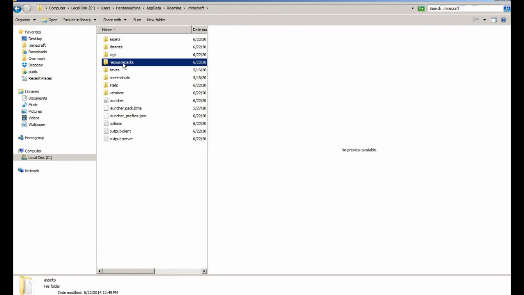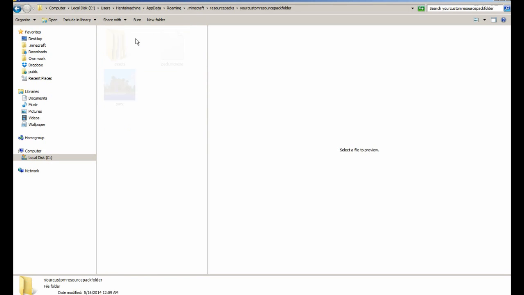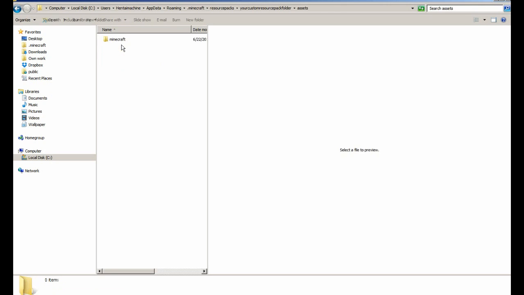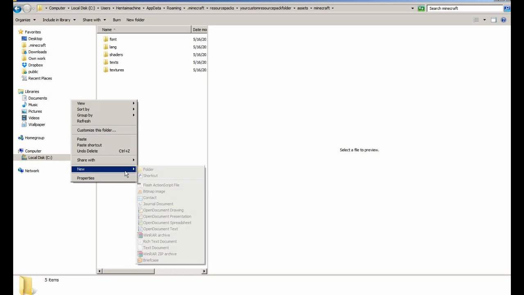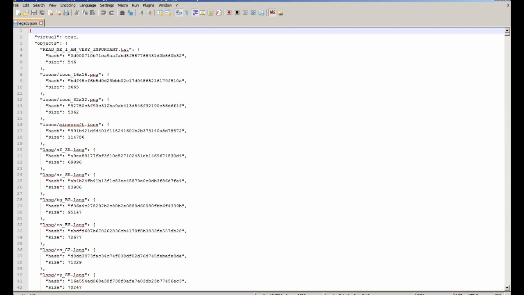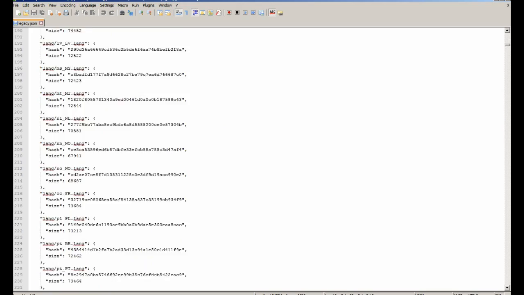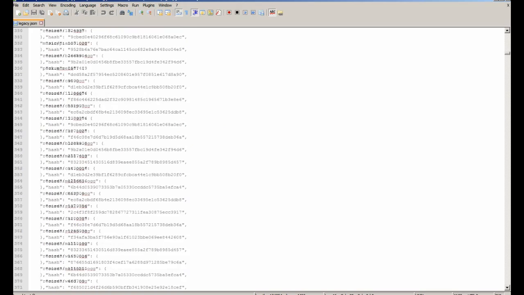Go to resource packs, go to our custom resource pack folder, go to assets, Minecraft. And what we're going to do next is we're going to right click, new, folder, and name it sounds. It has to be named sounds. If you name it sound, it will not work for 179. Now we can use this as a reference to what sort of subdirectories we're going to make for our sound